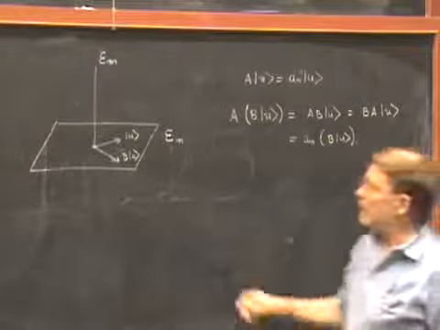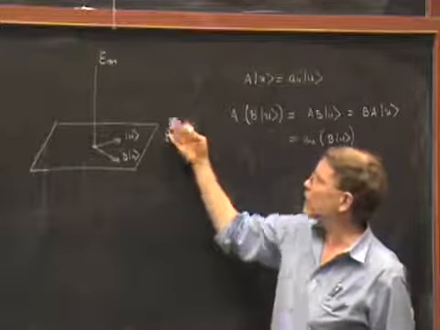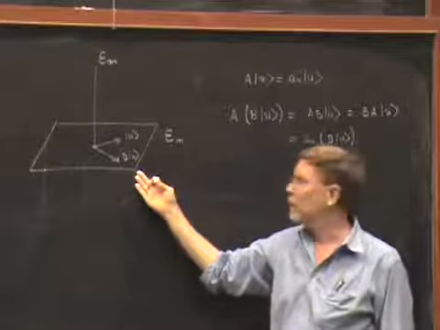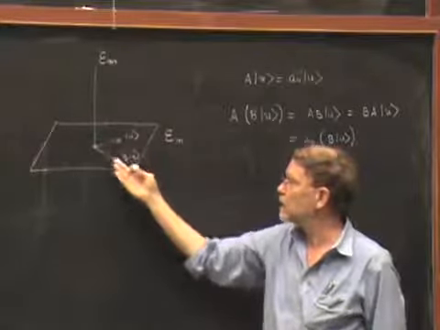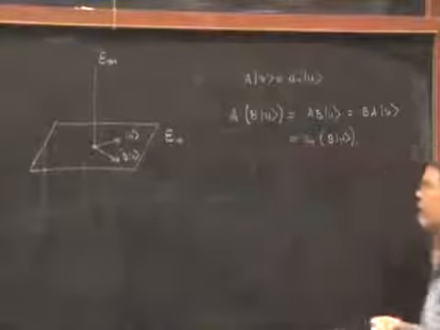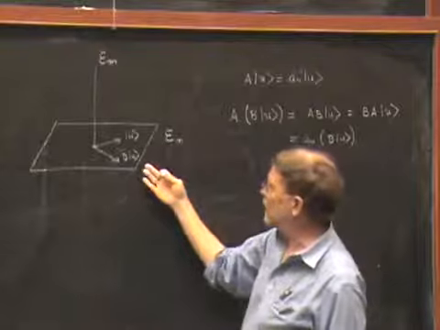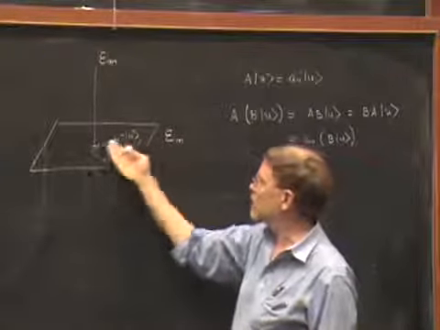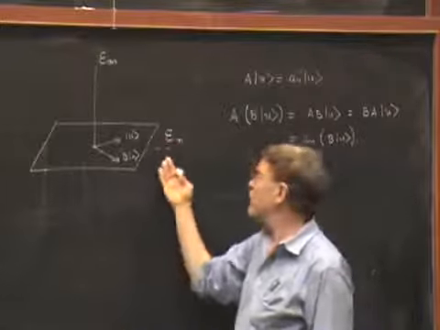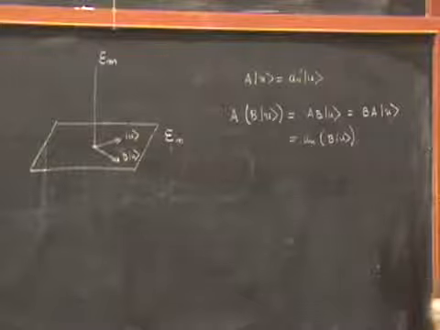This is an example of what we call an invariant subspace. We say that the eigenspace of the operator A is an invariant subspace of the operator B, because B acts on any vector in this space and maps it into another vector in the same space. This space is also an invariant subspace of A because A acts on any vector in this space and just multiplies it by a scale factor, which certainly keeps it in this space. So the eigenspace of A is actually an invariant subspace of both operators if they commute.